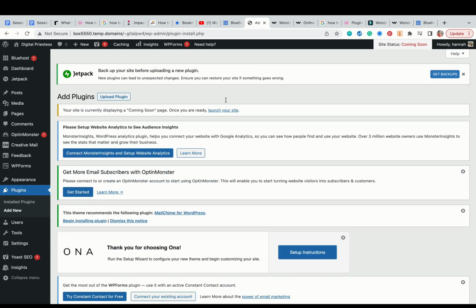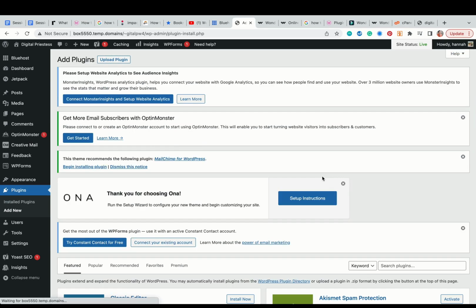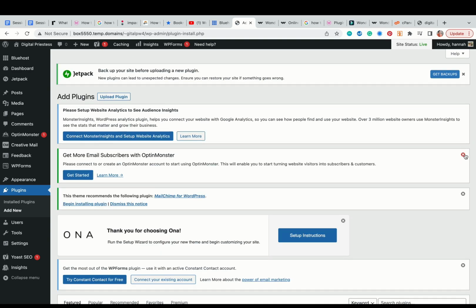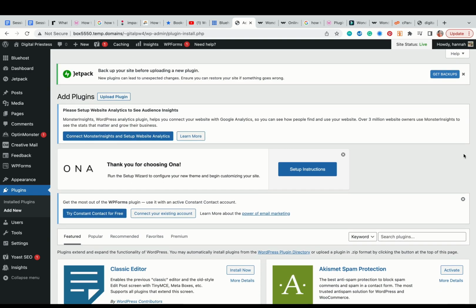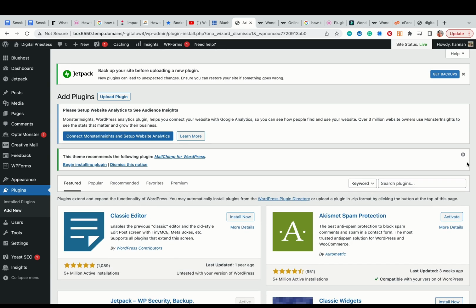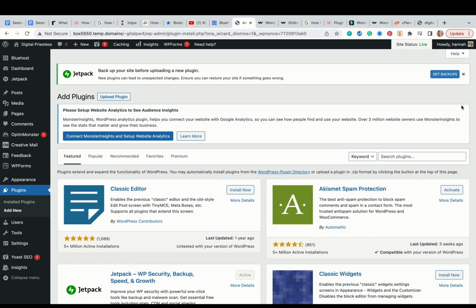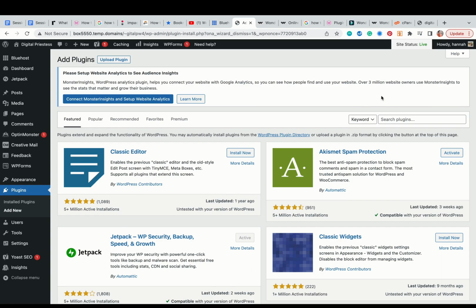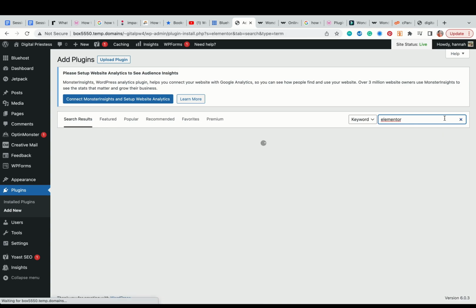So the first thing I want you to do is go to plugins and click add new. Maybe click away all these notifications because they're going to get annoying. So get rid of them. Okay. So once you're on the plugins page, click upload, add new plugin, and then you can